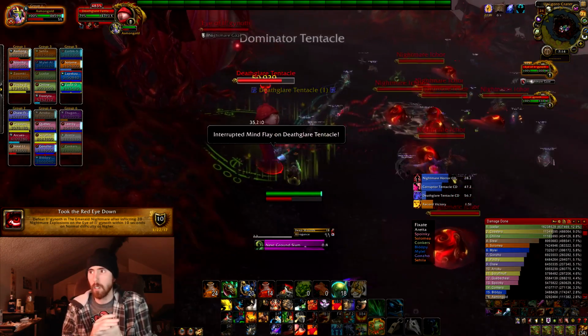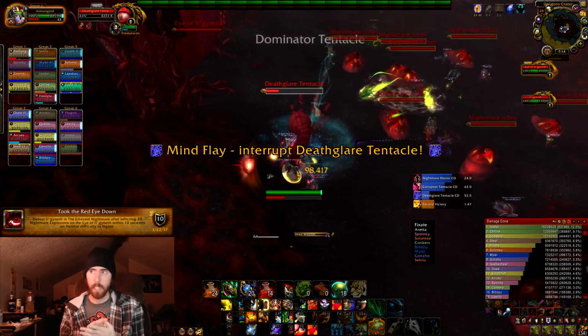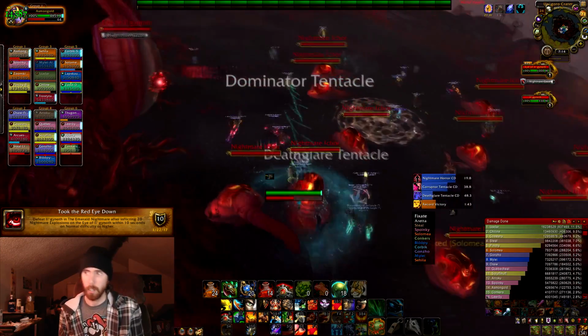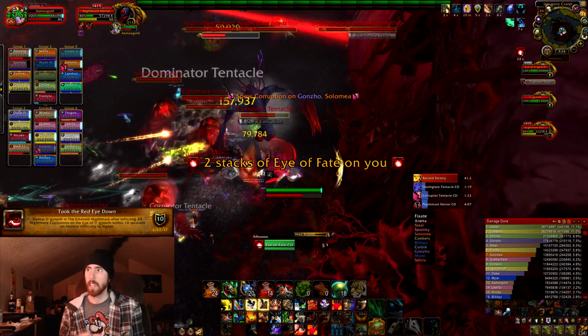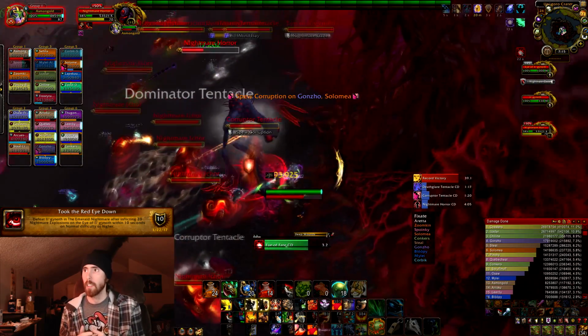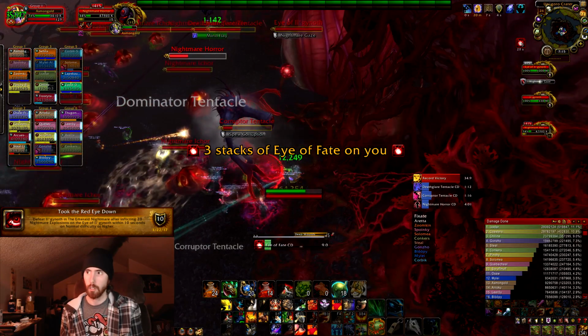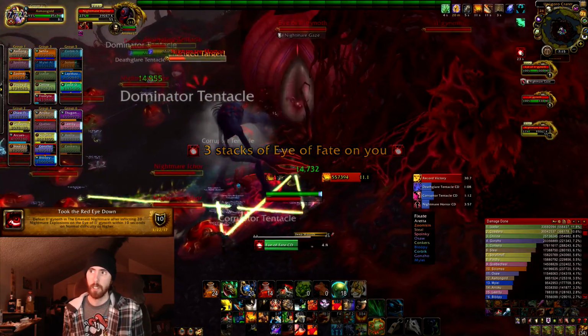Each of the Dominator Tentacles, sorry about the chair by the way, each of the Dominator Tentacles are going to produce 4 Ichors, so no damage on Ichors until there's 20. Basically, everybody's going to be running around with Ichors chasing them at the end of this fight. So each of the Dominator Tentacles produce 4, the Corruptor Tentacles produce 1, the Nightmare Horrors produce 4, and the Deathglare Tentacles produce 2. So after you kill the Nightmare Horror and a set of 2 Deathglare Tentacles, you should have 20,